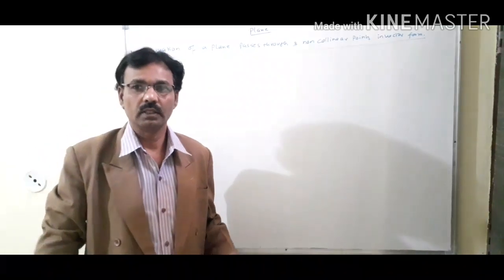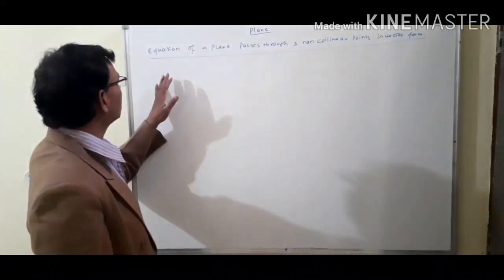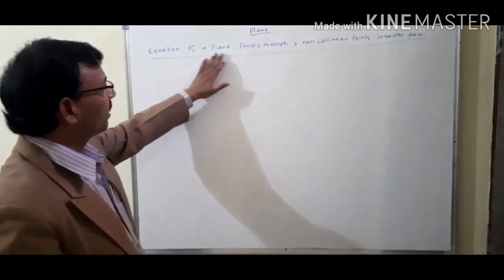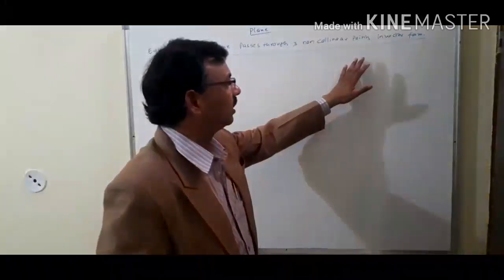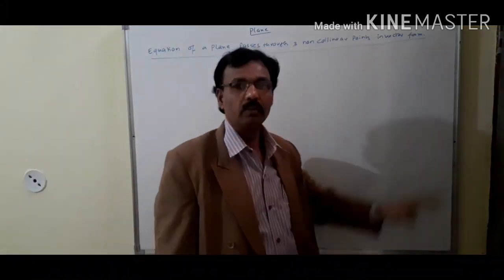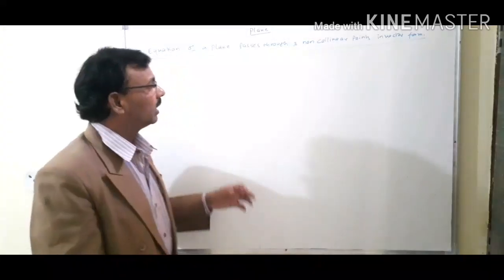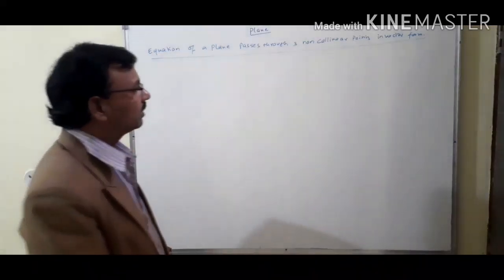Hello students, in this video we will discuss the equation of a plane passing through three non-collinear points in vector form. Suppose a plane passes through three points,